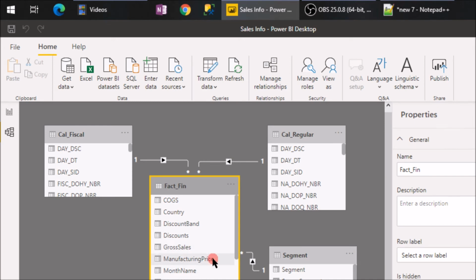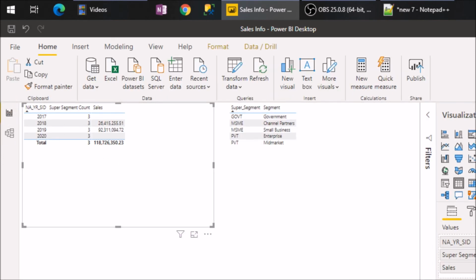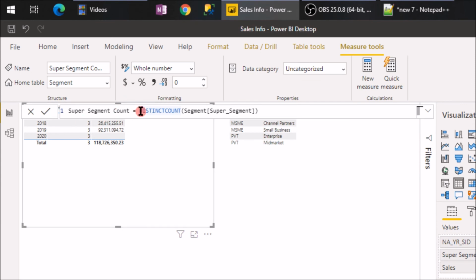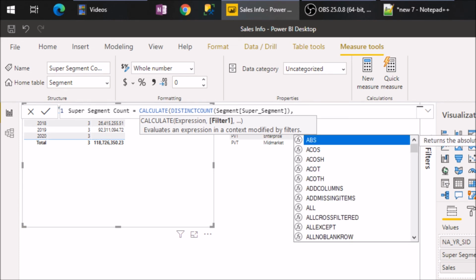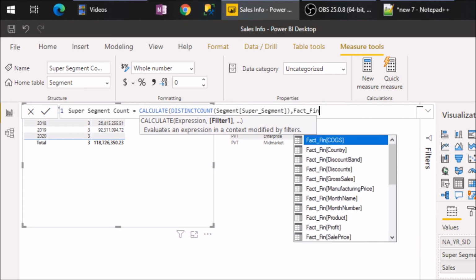So to clear the confusion for Power BI, we will go back, and in this function we will just add calculate to this distinct count, and we have to give the context. So we are going to say use the context as the financial fact table, so that Power BI understands that even though this is a measure in a dimension table, it should not create a separate query, and rather it should combine the queries.